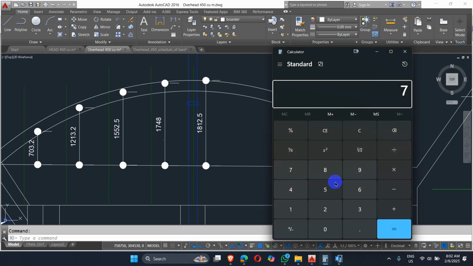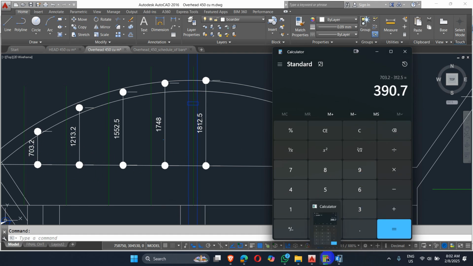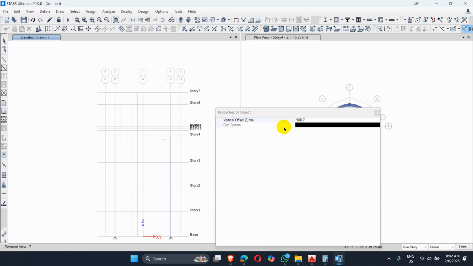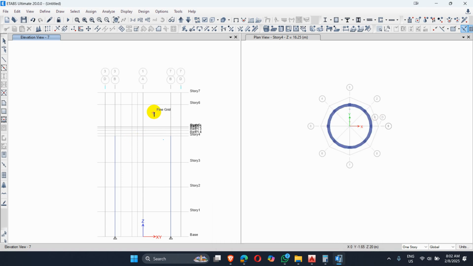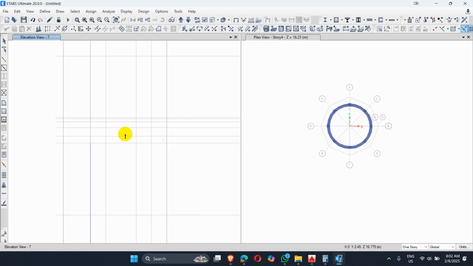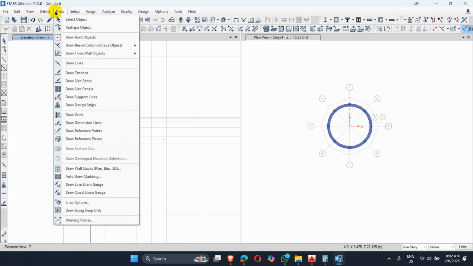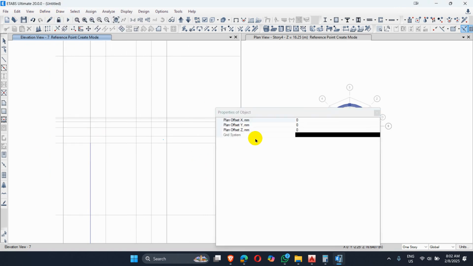It means 703.2 minus 312.5, 390.7, 390.7. Okay, yeah, we have forgotten here. So again, let me go to draw reference point